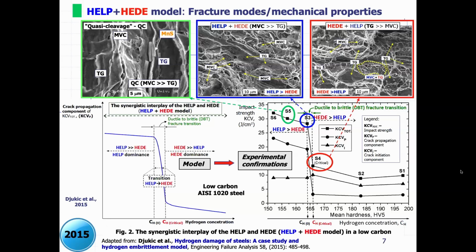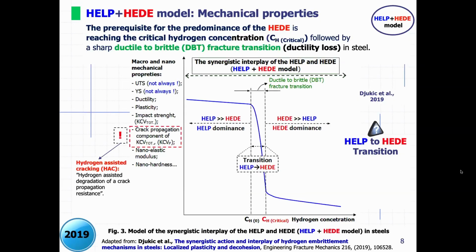But what we can see in the blue and the red curves, the sharp drop of mechanical properties appears in the case of the red picture, where we have a decohesion predominance, which means that on the microscopic level, the material becomes brittle, while in both cases, we have a combination of ductile and brittle failure, but a little bit more brittle area, which means that we have a decohesion predominance, which provides a sharp drop in mechanical properties. And we show this,